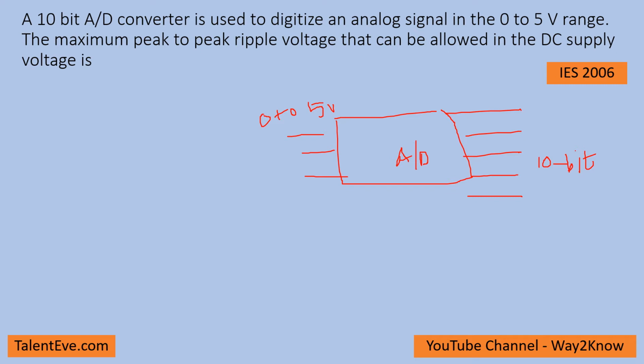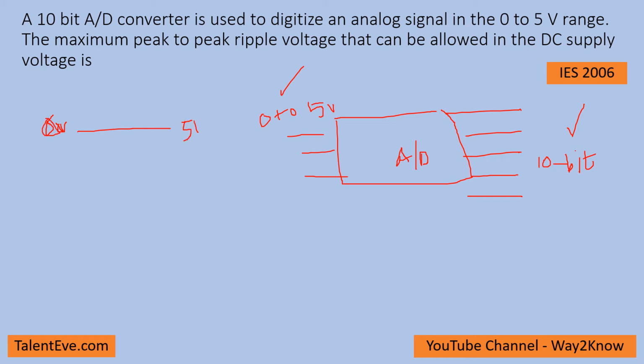Okay, so how to solve this problem: this is the DC supply voltage, and the analog voltage would be based on the DC supply voltage. So any variation on this DC supply voltage or the analog value would result in variation of this 10-bit output. Now how this A by D works is, here it is 0 volts, and this is